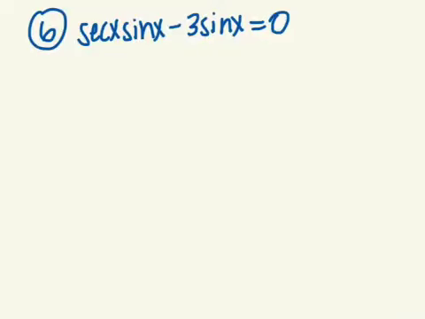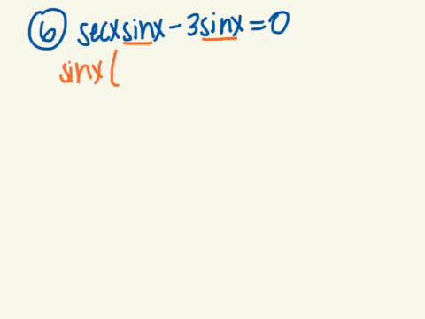Alright, for number 6, we're given secant times sine minus 3 sine x. And again, you might think you want to try to change something so that they all become the same trig function, but it's really unnecessary because we can already factor it the way that it's written. Alright, so if you look, both of them have a sine x in common, so that's what we're going to